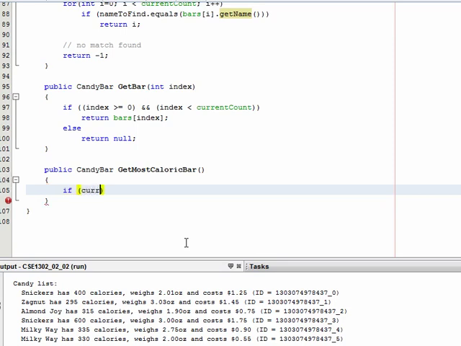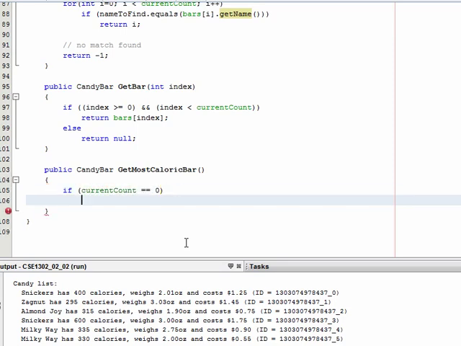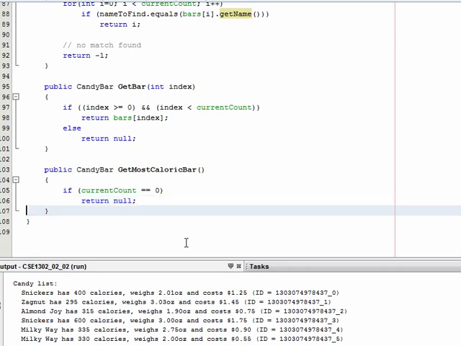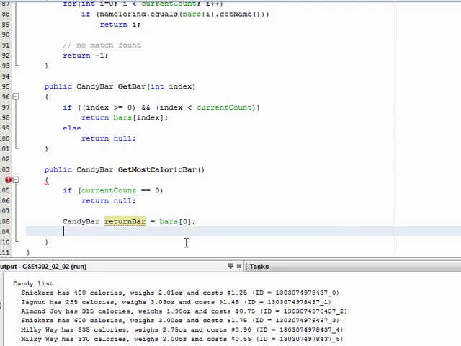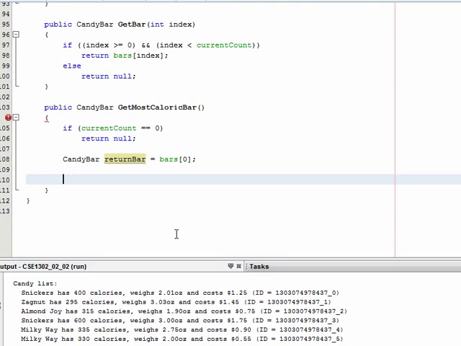So the first thing we're going to need to do is determine, are there any candy bars in the collection? If the current count is 0, that means there's no candy bars in the collection, and we'll just return null. Otherwise, I'm going to create a new reference called returnBar of type CandyBar, and by default it's going to be the 0th candy bar. When you're doing a search, oftentimes it's advantageous to use the first entry in your collection as the default return value, and then prove otherwise if you need to modify that. So in this case, I'm going to assume that the most caloric candy bar is that 0th candy bar, and then I'm going to loop